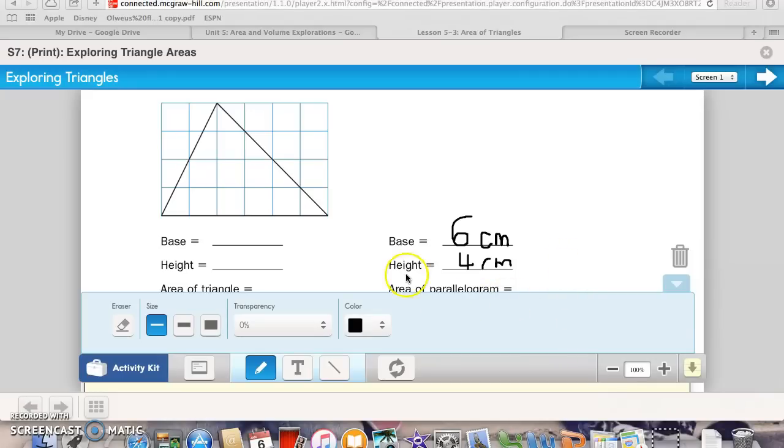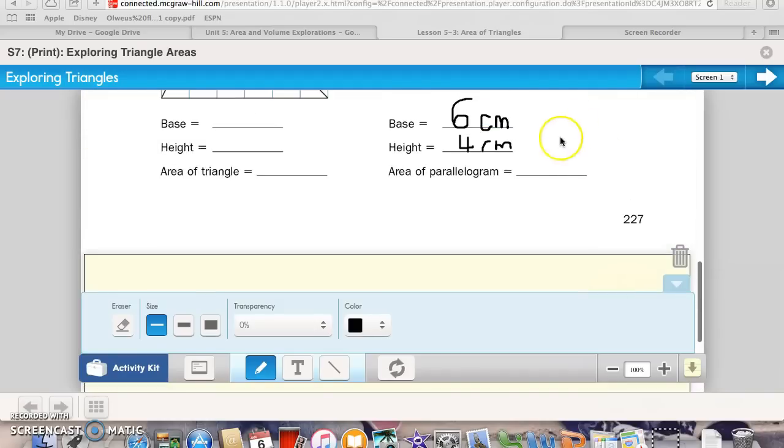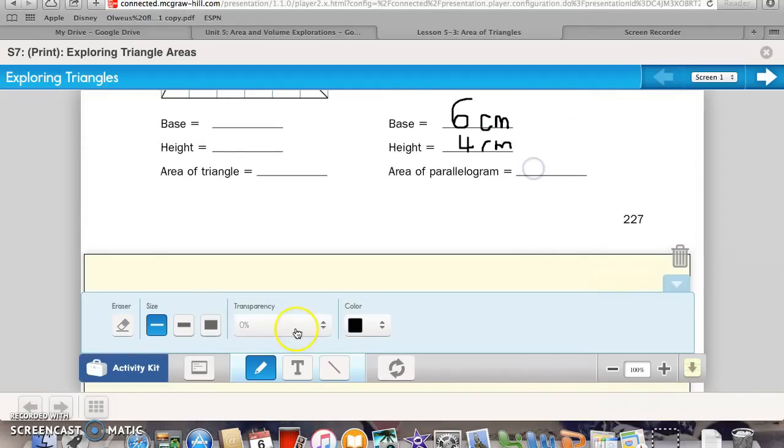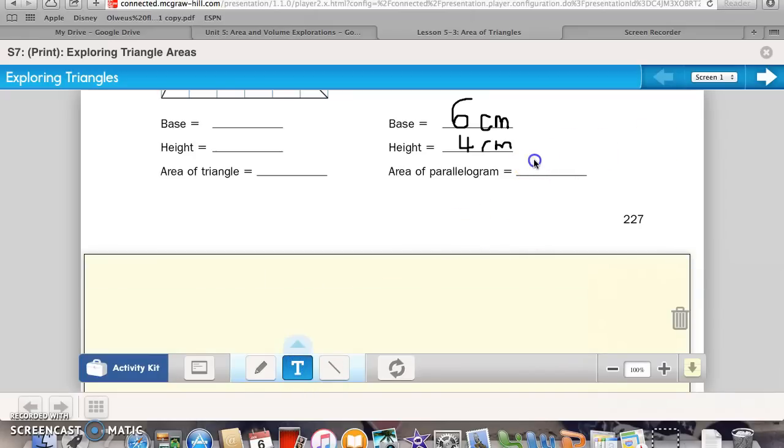Let me get rid of that. There we go. We have that 24. Maybe we'll type. So we have that 24 centimeters